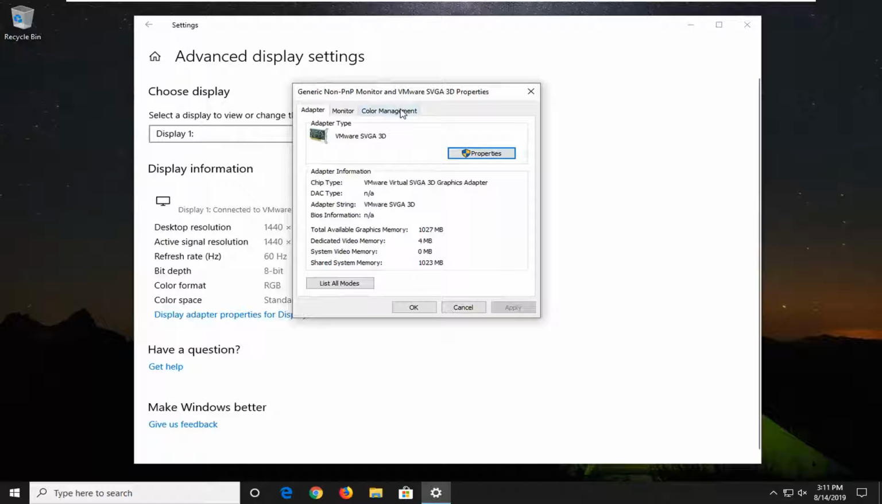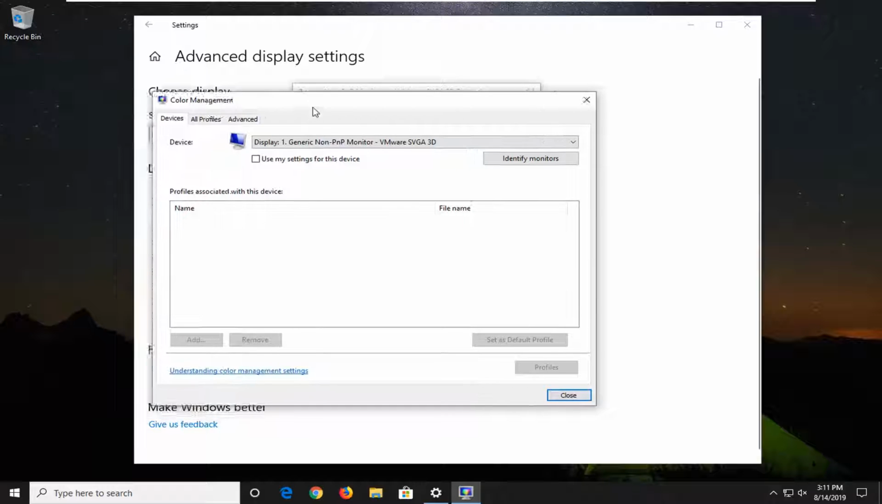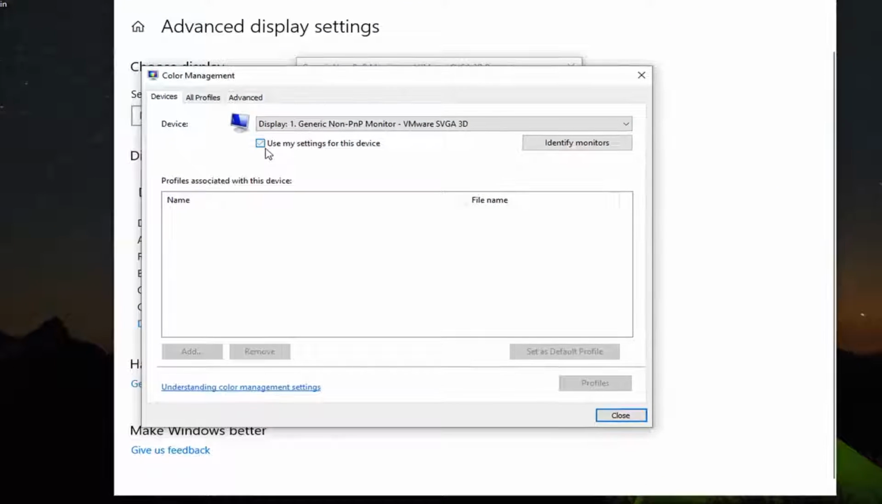Select the Color Management tab and then select the Color Management button right here. You want to check mark inside the box here where it says use my settings for this device and then select the Add button,